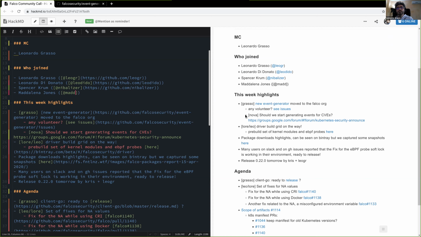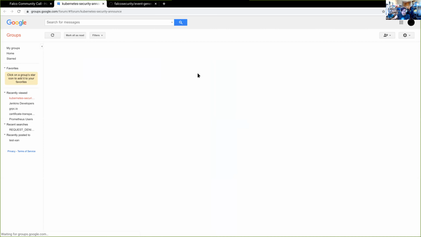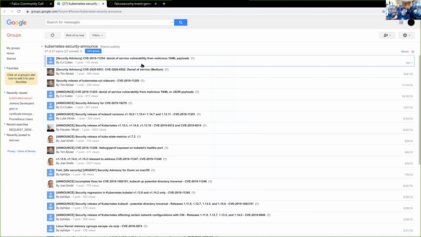Nova wrote, should we start generating events for CVEs? I think yes. Also, can I elaborate on that a little bit? If my brain is not working, so if I start ranting, just shut me up. There's a tool called Sonobuoy. Are y'all familiar with this?